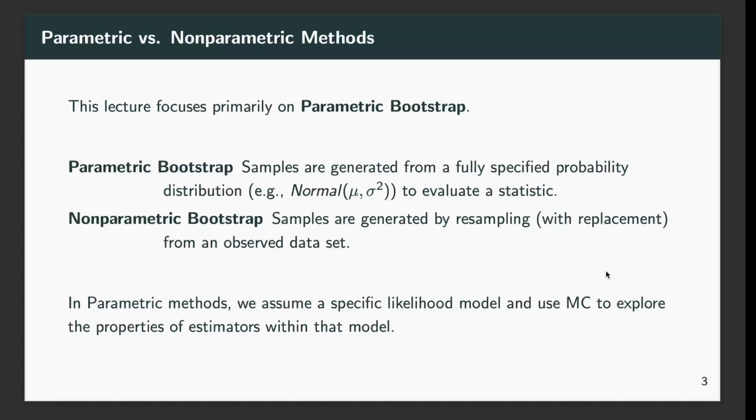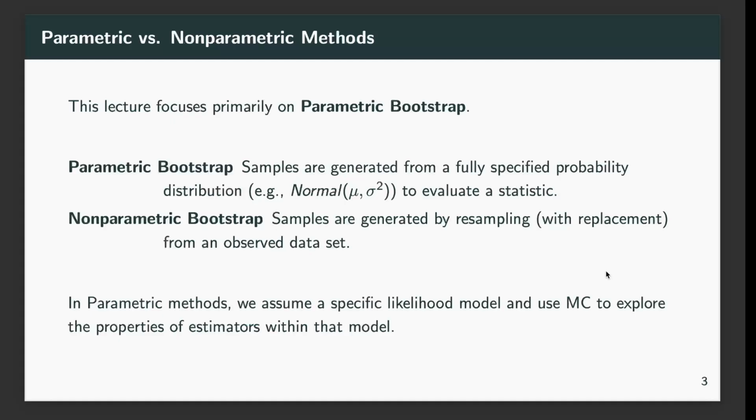In non-parametric bootstrap, we do not assume any specific distributional model. Instead, we resample with replacement from the actual observed data set. So we have a small sample of observed data, and we do resampling based on this limited number of observations. This observed data itself becomes our population from which we draw